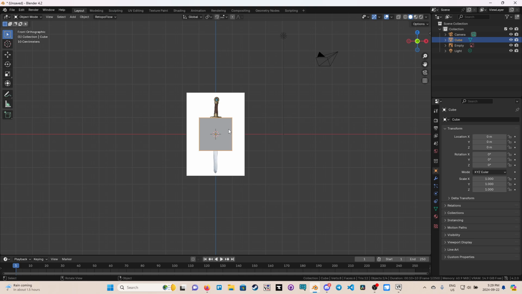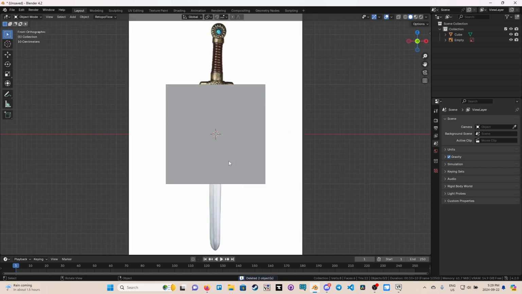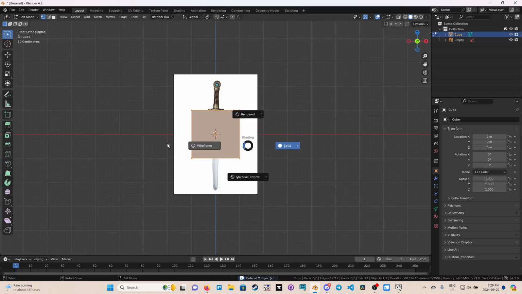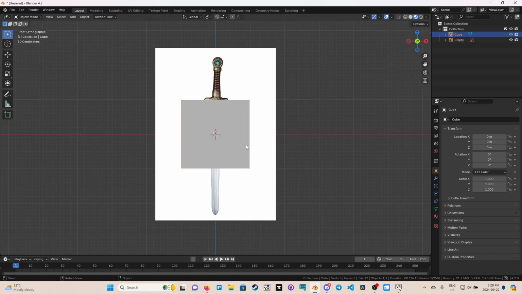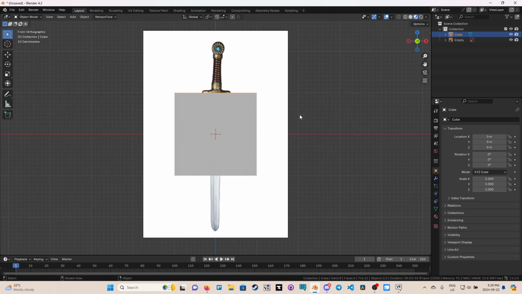So we've got our default cube here. I didn't delete it. I'm going to delete the camera and light, because I'm not going to need those. Because I'm not rendering anything. We're using this for a video game. So what you saw me do there, sorry, I meant to describe my process, is